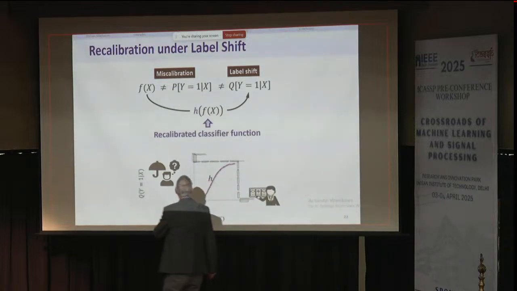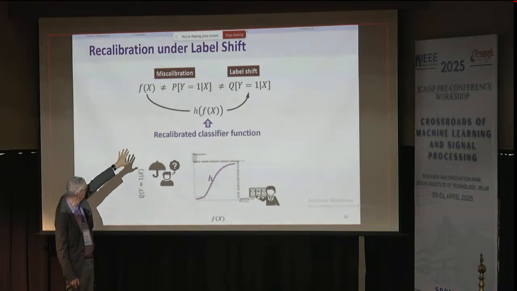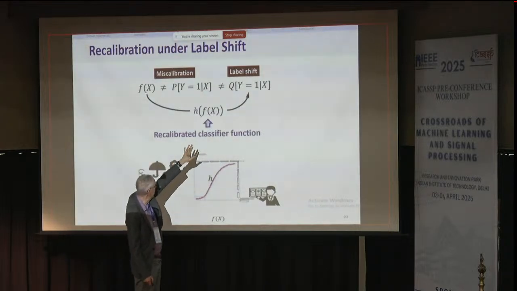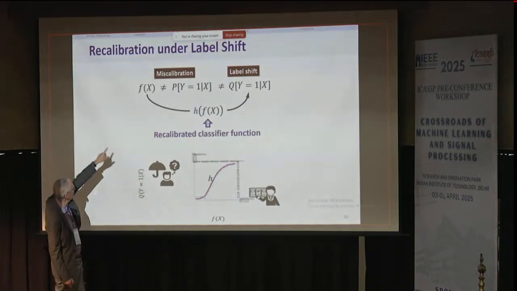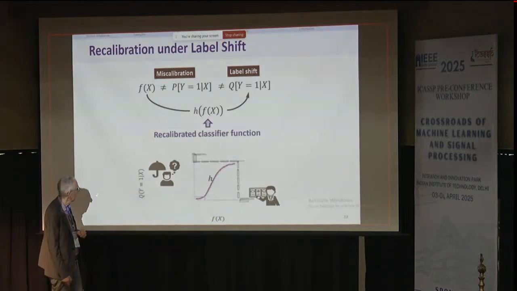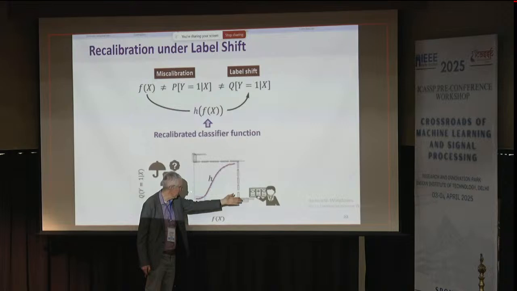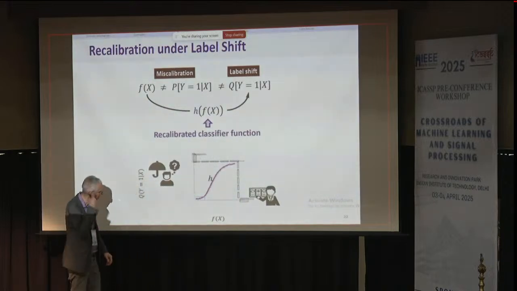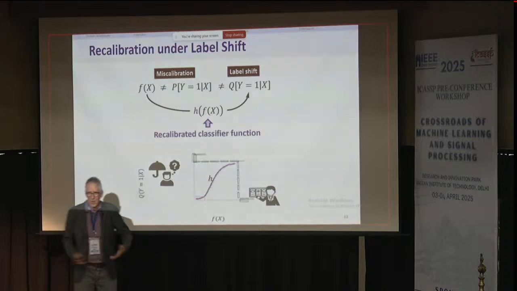So in a nutshell, f of x, the output, is not equal to the posterior on the pre-trained set. That's miscalibration. And it's not equal to the shifted posterior when you have label shift. And h is going to handle both of these simultaneously. And so you're going to take this curve h, which describes, in this case I use weather prediction as an example. F of x is, say, the Weatherman's predictor, right, given by very complex